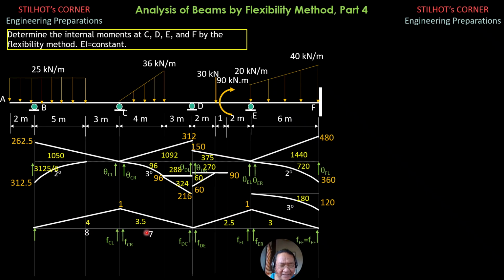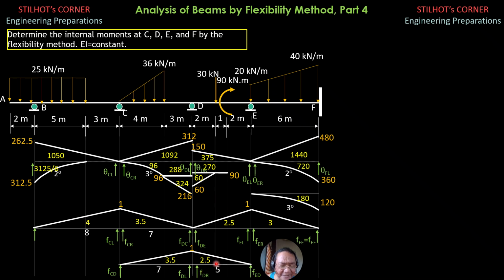And we'll evaluate that. Then for this case, when the unit couple is applied at E and we consider E as the center, then that is 1. Call this FE left and FE right. So this is FDE, the force at D due to the unit displacement at E. This is FDC because this is the force at D due to the unit displacement at C, considering this figure here. Then for the lower part, at D, we have FD left and FD right.